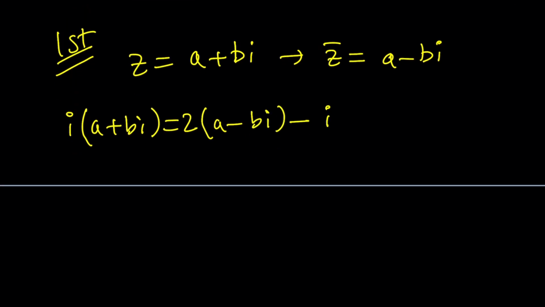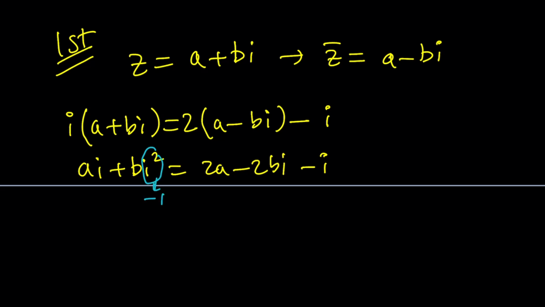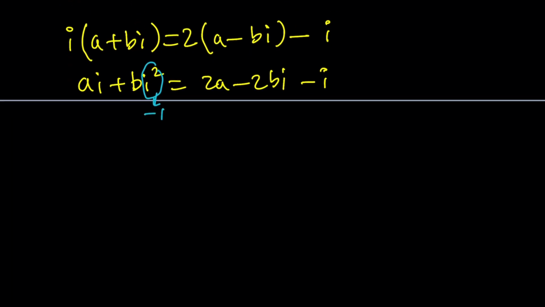Okay, let's go ahead and distribute. ai plus bi squared equals 2a minus 2bi minus i. Now, i squared is -1. Hopefully you know that. That's the most important part. And then we get -b plus ai. I just wanted to write it in standard form. And here we have 2a minus (2b plus 1) as the imaginary part with the minus sign in front times